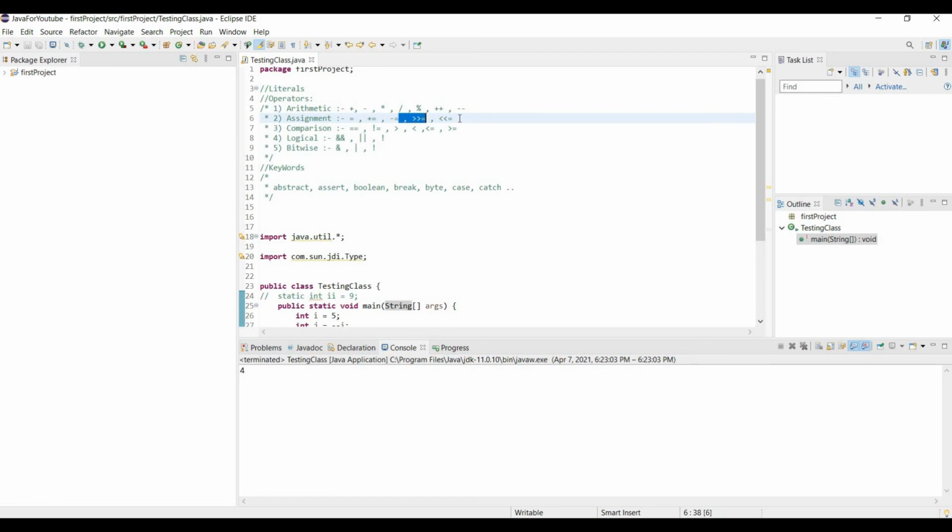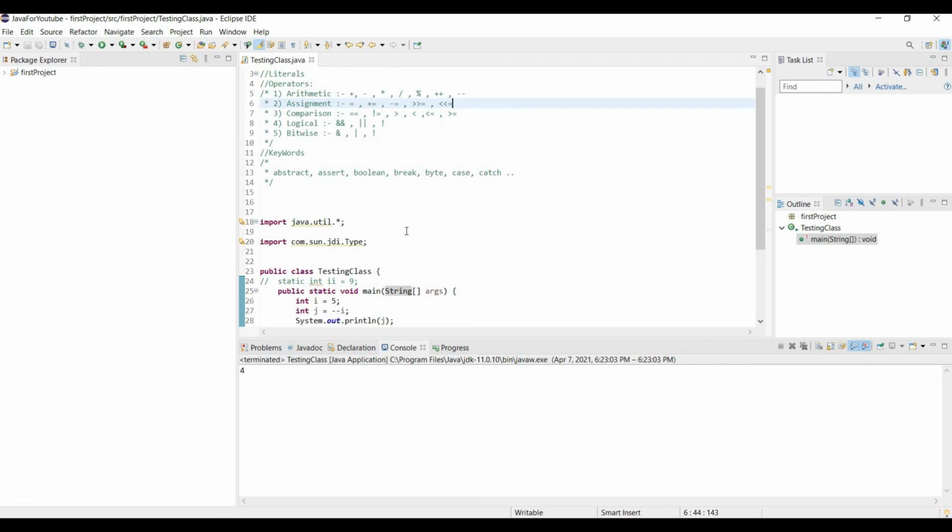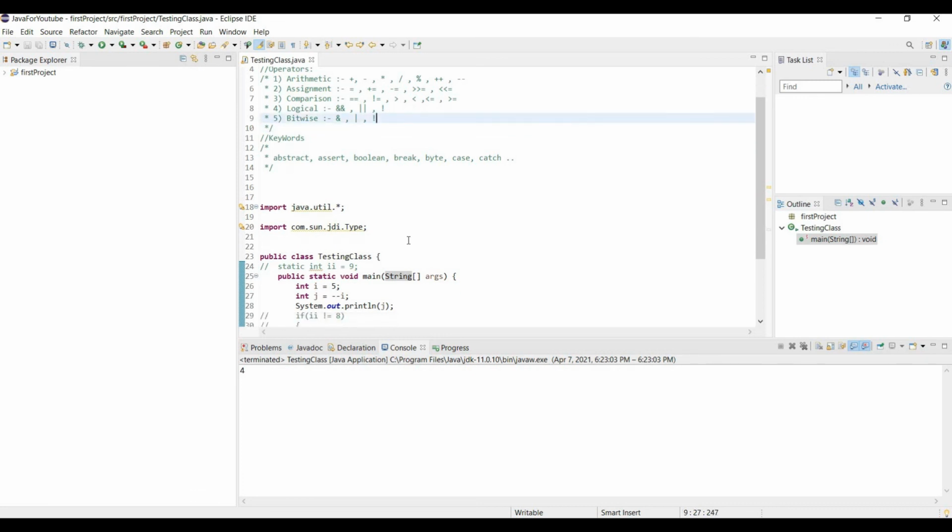and we need to see this assignment operator, right? Assignment is same as this one. Let's leave this topic. Okay, and logical and bitwise. Better to leave this right now because you will also get confused.